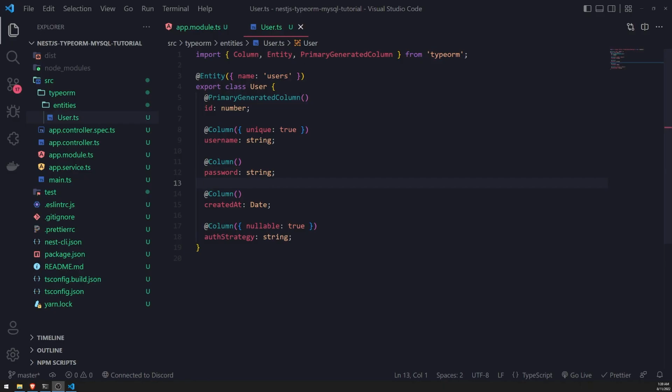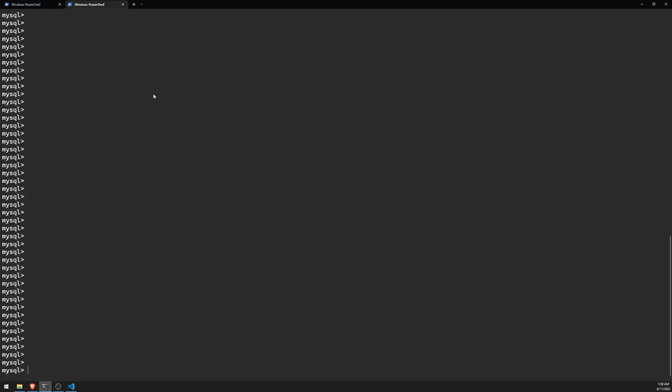You can see it right over here, auto increment, default null, okay, username, varchar 255. Another thing that you could do is you could set the type. So let's say, for example, we know that in SQL there are many different data types. One of the data types for integers is big int. So let's say I wanted this column to be a big int, because right now if you look at our table,